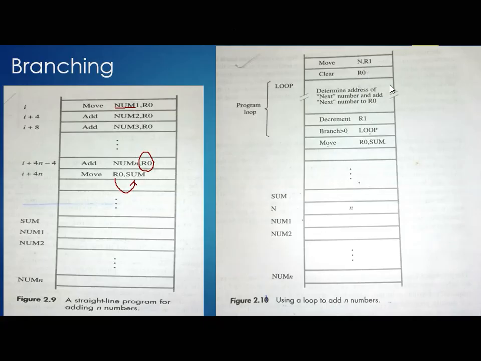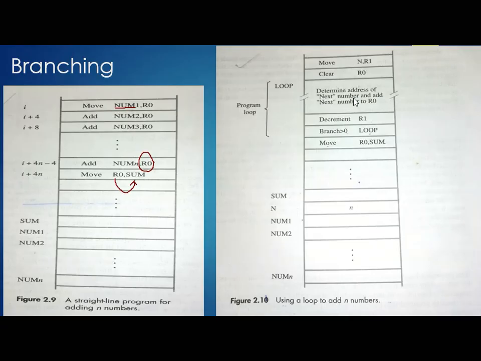So here just observe what we have. For this particular line, we are labeling it as loop. Just consider addresses 0, 4, 8, then 12, 16, like that. So according to this, the location should be 8, exactly. For location 8, I am labeling it as loop. I will tell you why it is so.